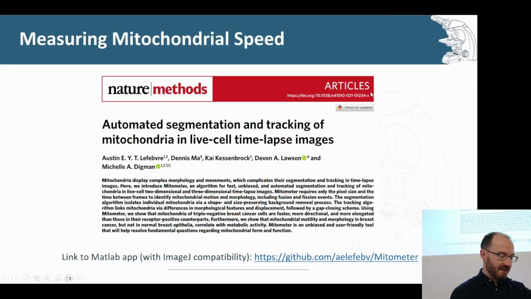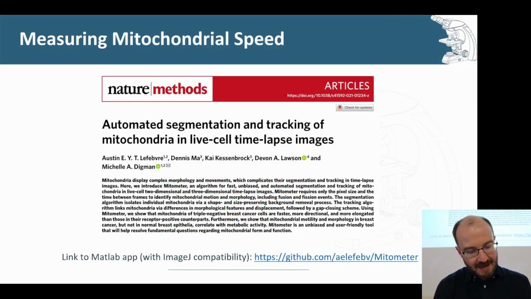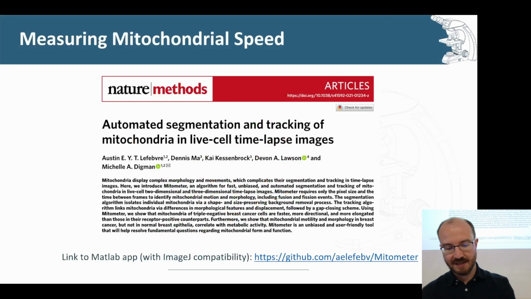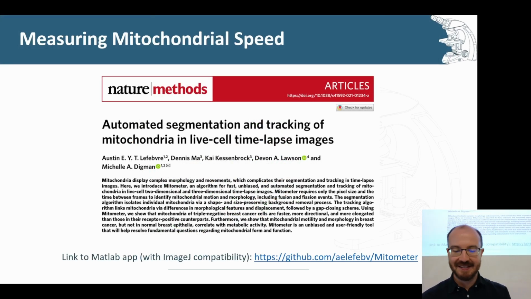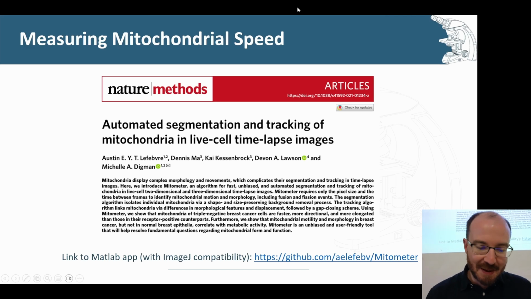Okay, now just shifting on to another method. This is a Nature Methods paper. One day when I'm old and wise, I might also get a Nature Methods paper. But